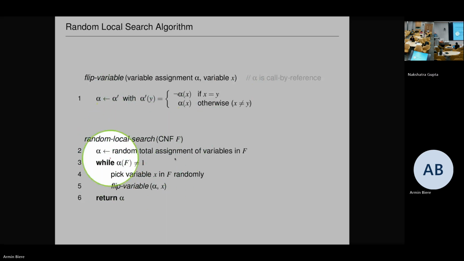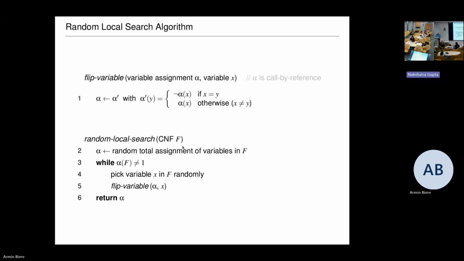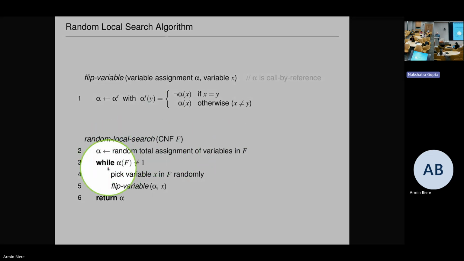So you have a CNF, okay, and then you pick a random, and it's important, this word, total assignment. When we do CDCL or these target phases, we always have partial assignments, like the trail, right? How deep you get. So here we have a total assignment. And this is actually a nice part of this, because implementation-wise and also when you think about it, it's different than in CDCL. Okay, so this is our total assignment. And then you simply check whether it satisfies all clauses, right? You have an infinite loop here where you just check whether the clauses are satisfied. And then